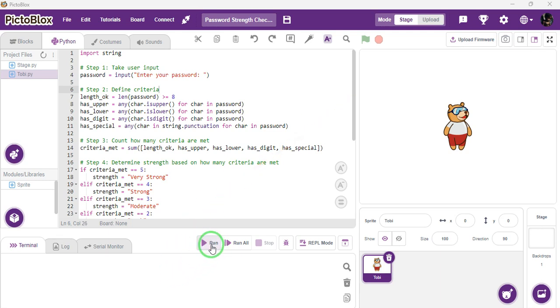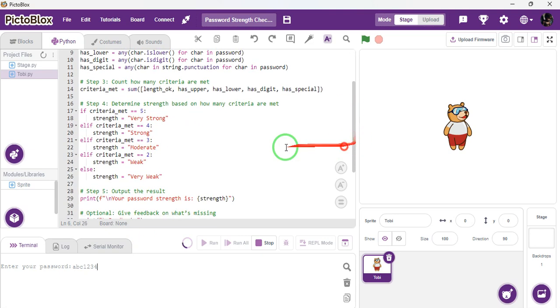So when I click the run button, it will ask for my input. So I have to simply key in any password that I like. For this case, I'm using ABC1234. So based on my password, the program will let me know whether my password is strong or very strong,